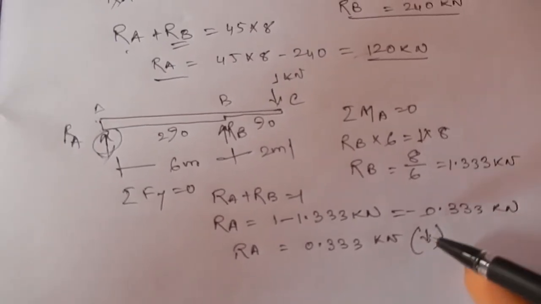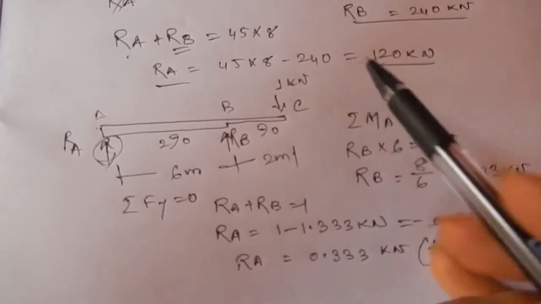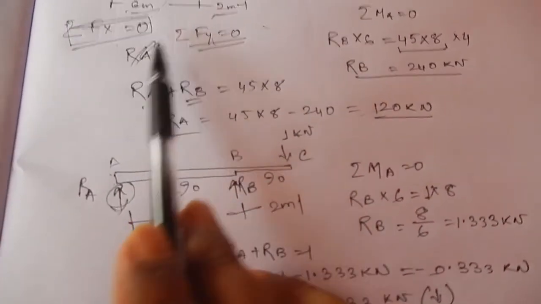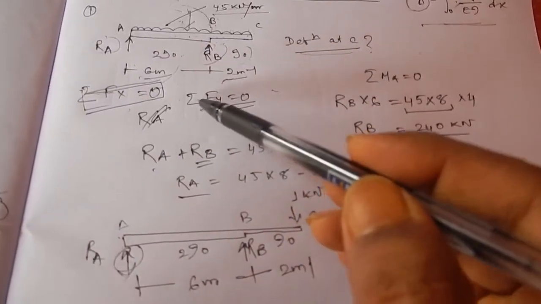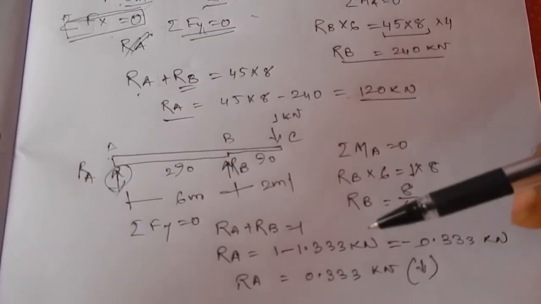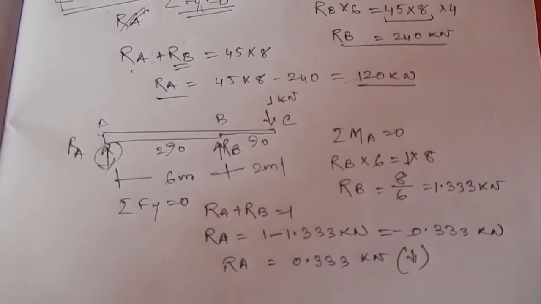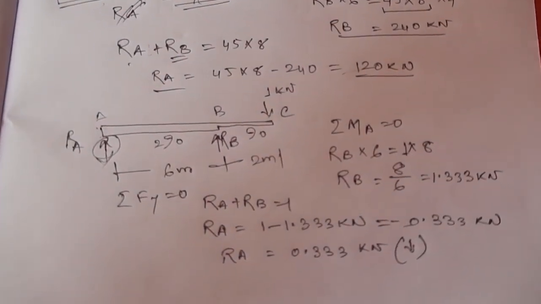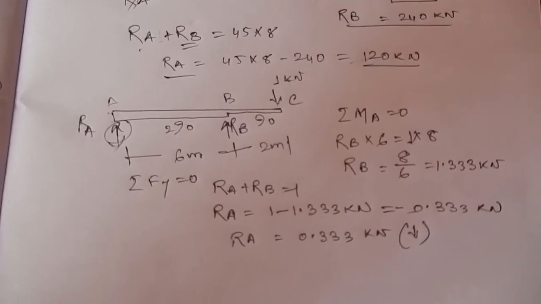So those are the values of RA and RB we have got. We have found out what will be the RA and RB for the real load case, and what will be the value of RA and RB in case of the virtual load, right? Now obviously we can easily find out what will be the bending moment equations, right?